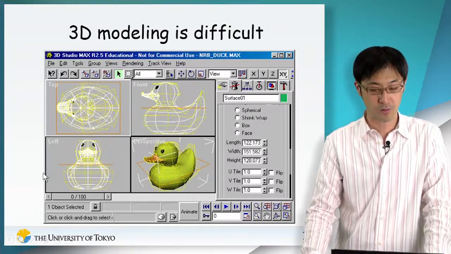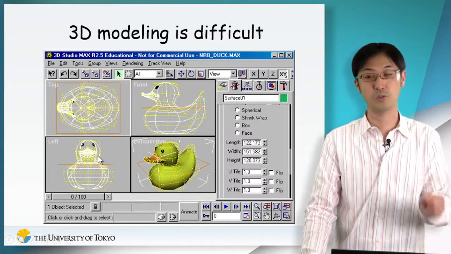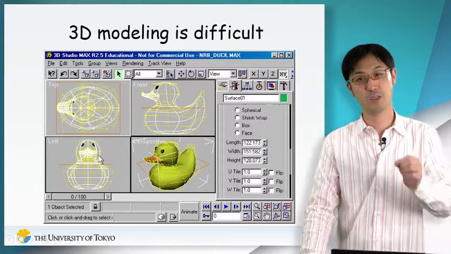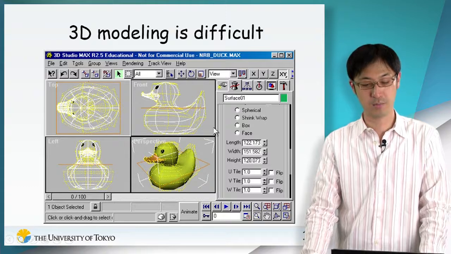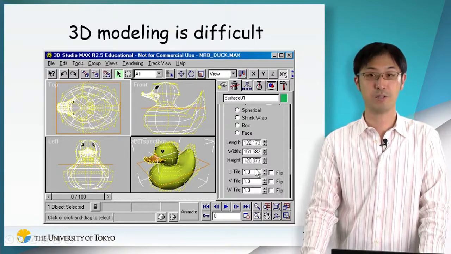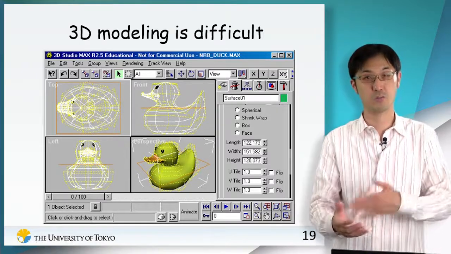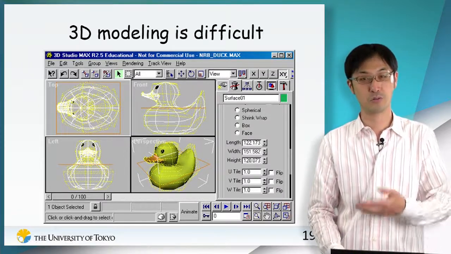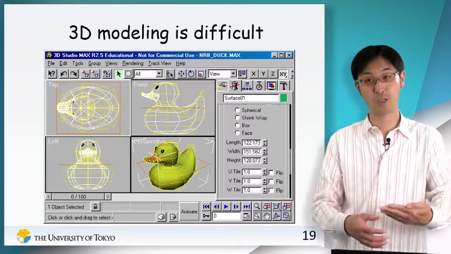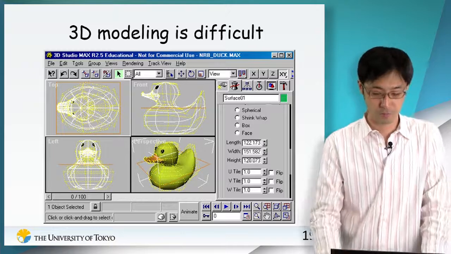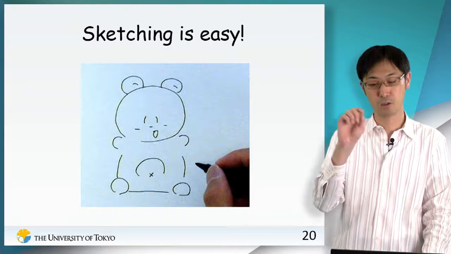So typically you have 3 views, top view, front view, left view, and you put many vertices, and then you put many edges, and create many faces, and you have to combine many commands in nested menus, and also many parameters. And this can be very useful and ideal for professional production for movies or TV shows or cars and products. However, if you want to use this kind of system for communication, this is way too difficult to do. However, on the other hand, if you have a pen and a paper, you can quickly draw